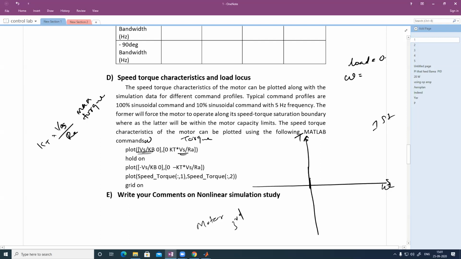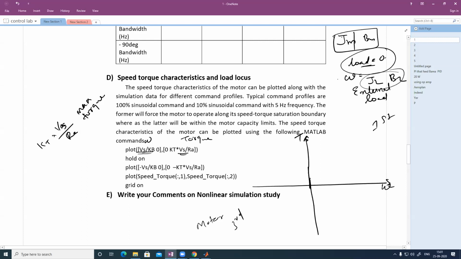And maximum speed will be when there is no load. So no load is there. Yeah. So this load, is it the external load or the internal resistance? That resistance load is not at all taken. The load means external load. So the motor having that JM and BM, that is internal only. Whatever it is in JL and BL, this is called external load.